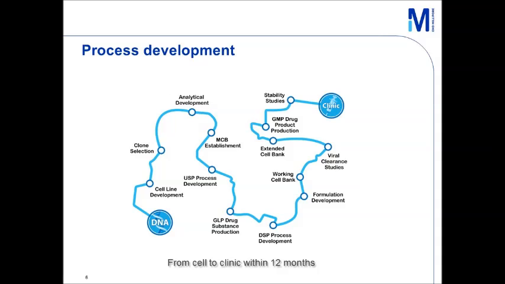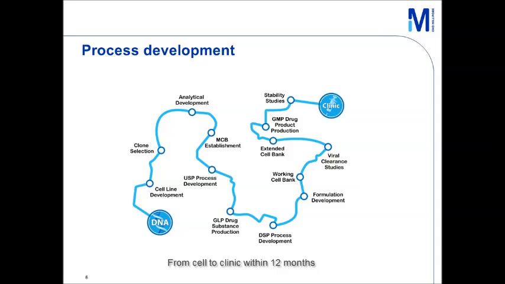So to go further after clone generation, which is, as you understood and as you know definitely, the first step of drug development and manufacturing, we also provide process development support, which is made of a lot of different steps, like, of course, master cell bank establishment and USP and DSP process development. We can then provide you with a drug substance that can be used for preclinical studies, even if they are not produced thanks to GMP rules. But we can produce at this step your drug in a reproducible way, with a robust process, which allows the delivery of something that will be reproducible to what you will have